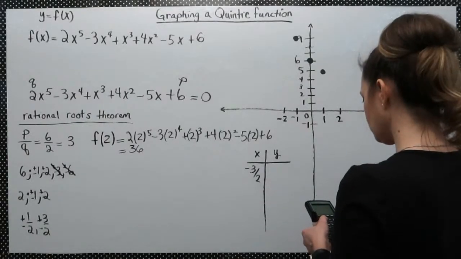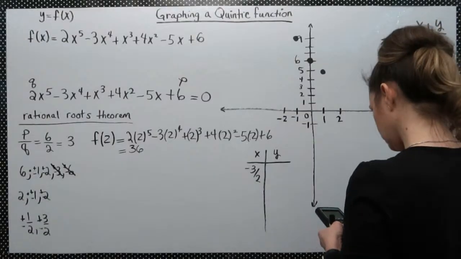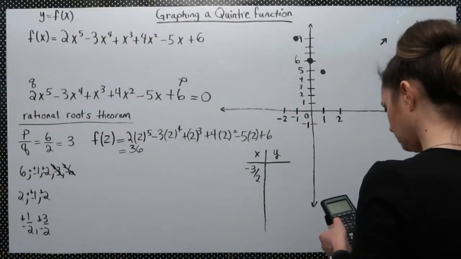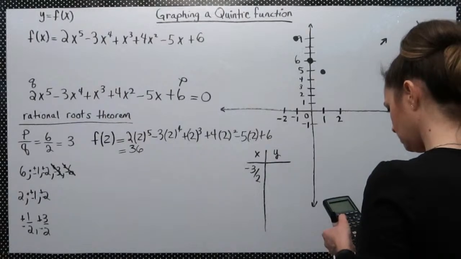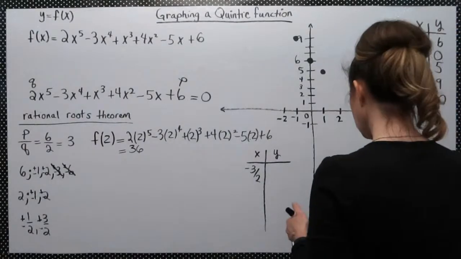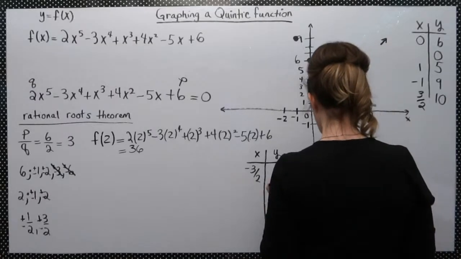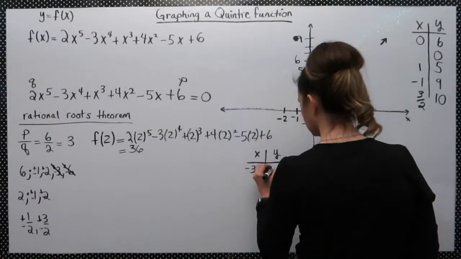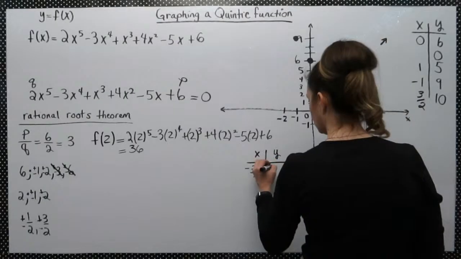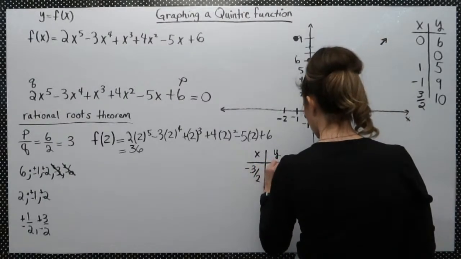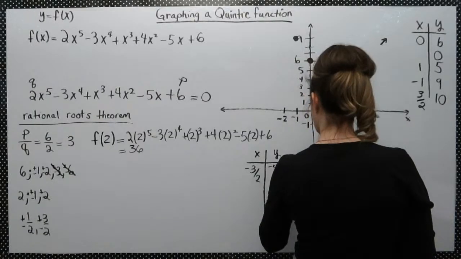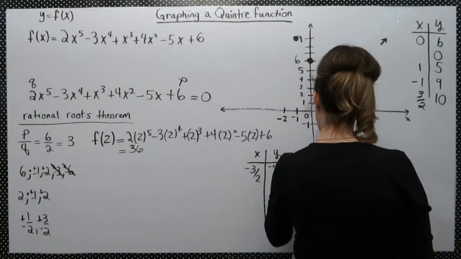Okay, so all right, negative 3 halves is at negative 45 over 4, which is approximately 11.25